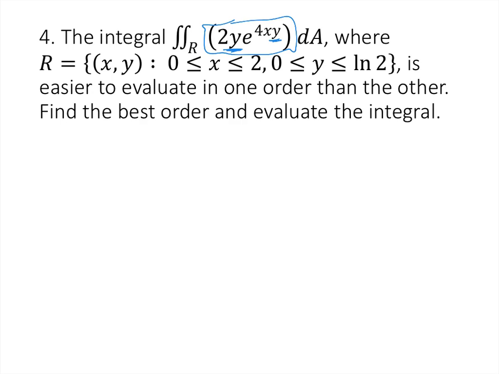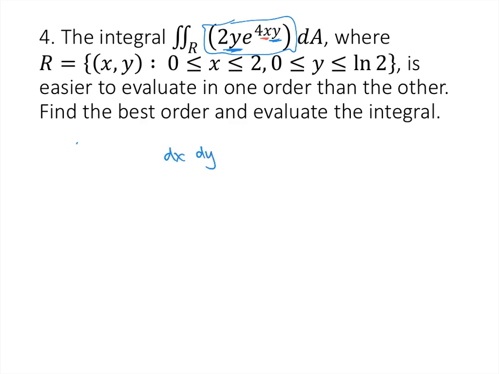Since we have a choice, the person giving us this problem doesn't care how we do it, they just want the volume. So it doesn't matter which way we do it, we just want to try to do it the way that gives us the easiest integrals to do. So since there's only a single x, we're not going to need integration by parts if we integrate with respect to x first. So we're going to want to set up our integral with dx on the inside and dy